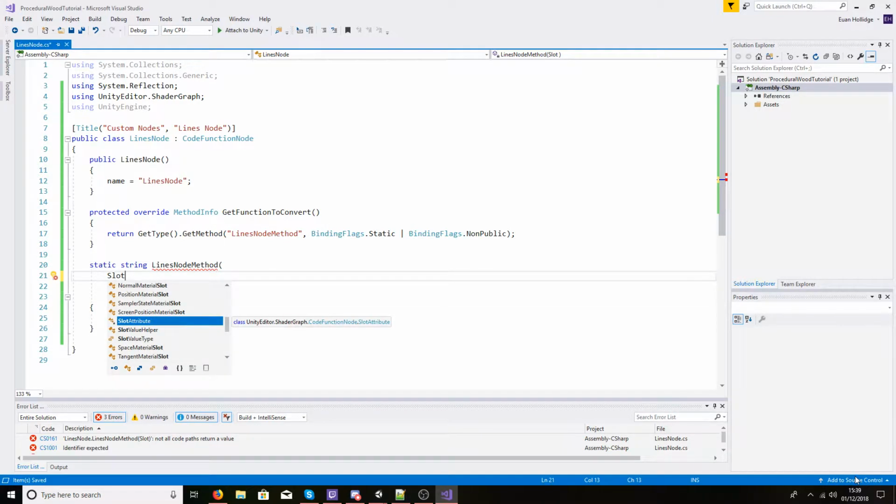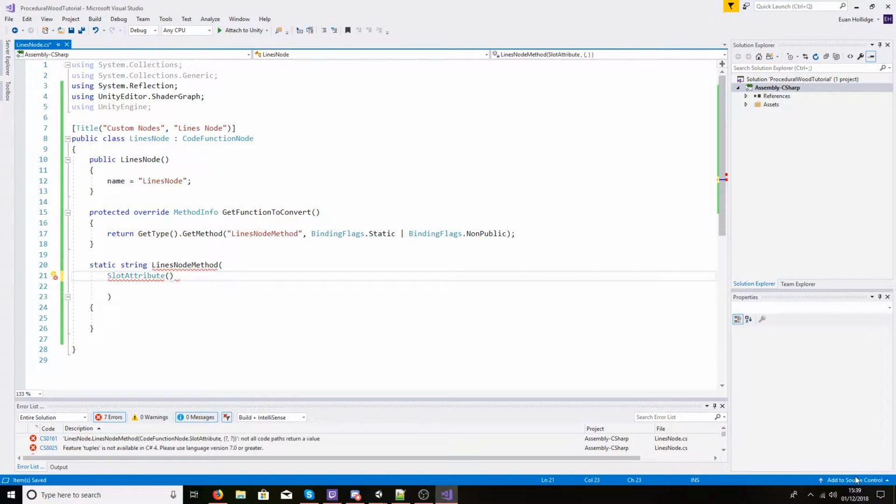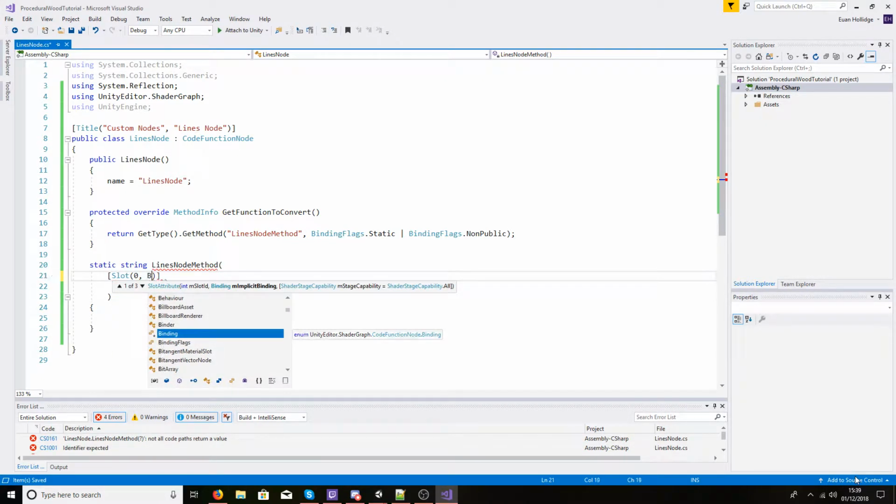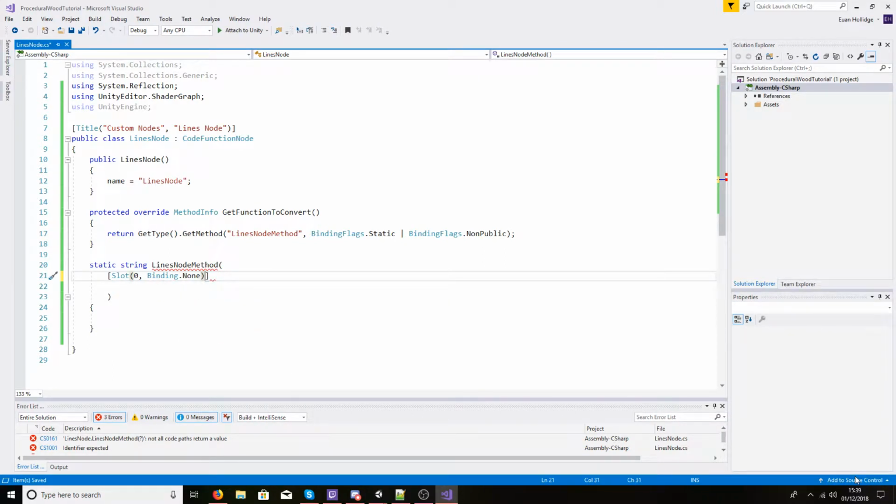So it's going to be in the first slot, slot 0, binding none, and then we're going to have a dynamic dimension vector. I'm just going to call this A,